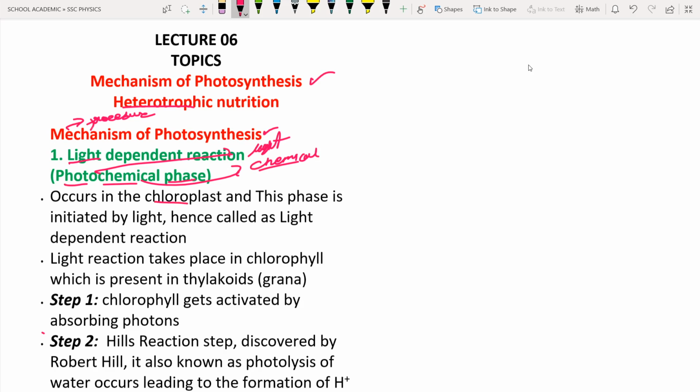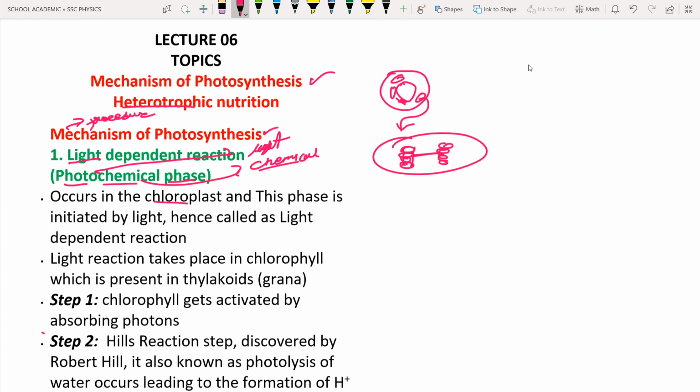So what is chloroplast? In the last lesson, that is lecture 5, we discussed what a chloroplast is. Let us consider this is a plant cell. The plant cell contains the nucleus, and along with the nucleus you will see ribosomes, mitochondria, Golgi apparatus, and so on. We discussed all these in the ninth class. So here you can see the chloroplast. If you take it out, the chloroplast looks in this way. It has thylakoid membranes, and this is known as granum and stroma lamellae and so on. So here they are saying it occurs in the chloroplast.